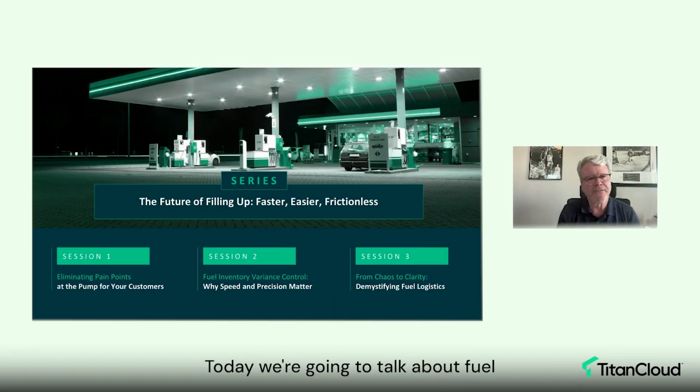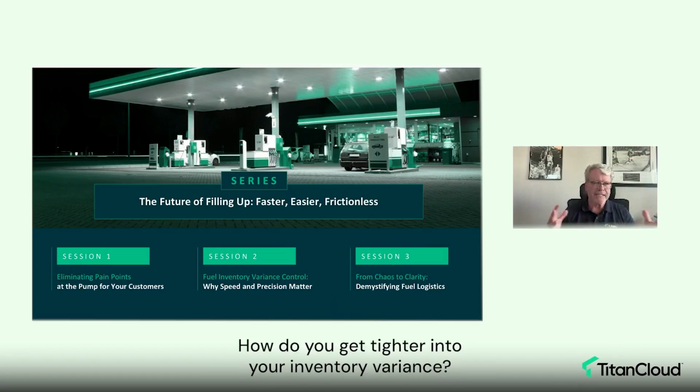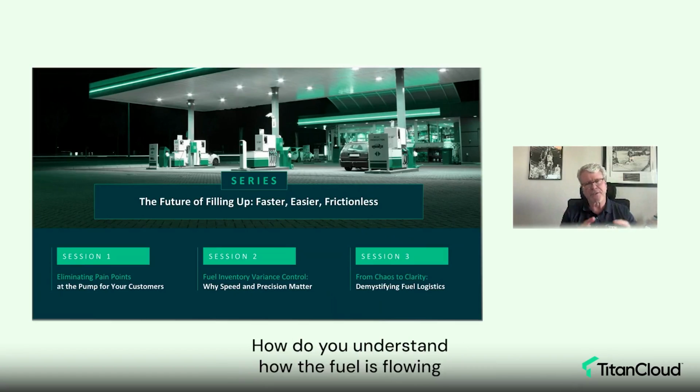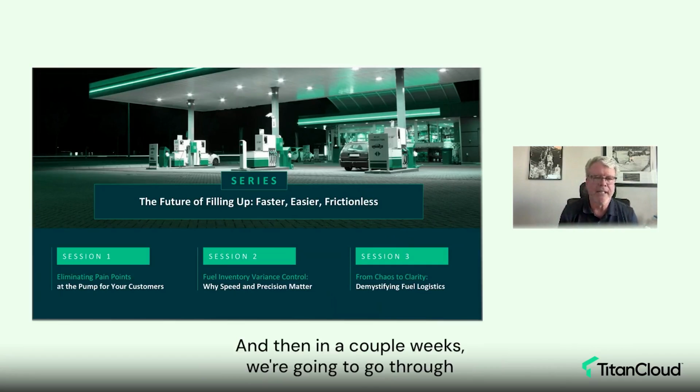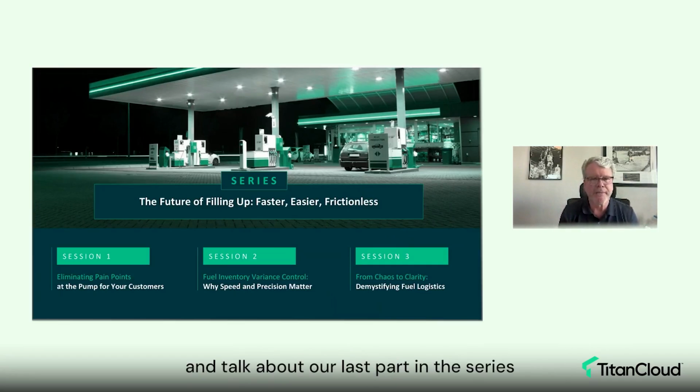Today, we're going to talk about fuel inventory variance control. How do you get tighter into your inventory variance? How do you understand how the fuel is flowing through the supply chain and where some of the shrink happens? What are some of the anomalies that happen, and how can we really get a lot more precise in that measurement? And then in a couple weeks, we're going to go through and talk about our last part in the